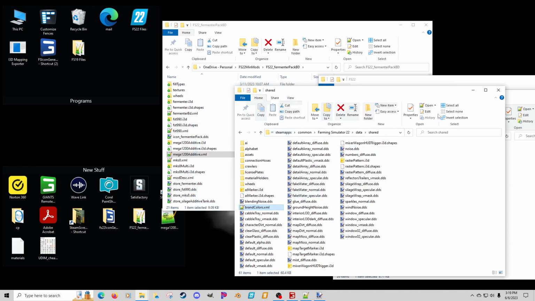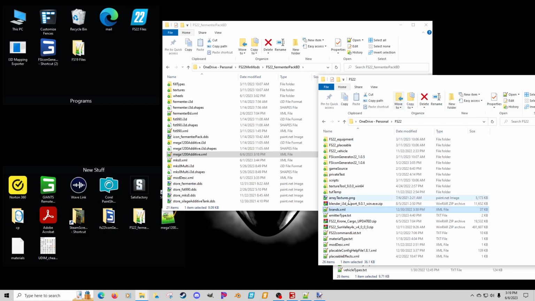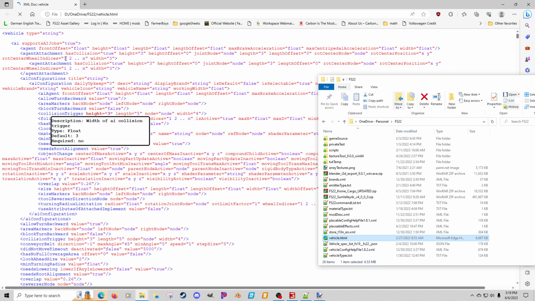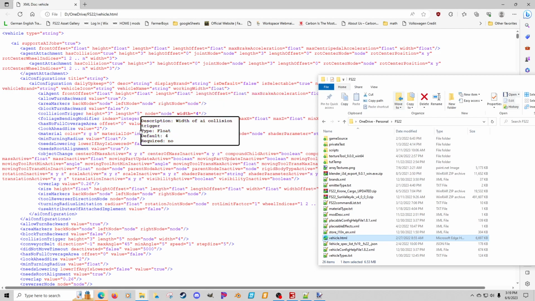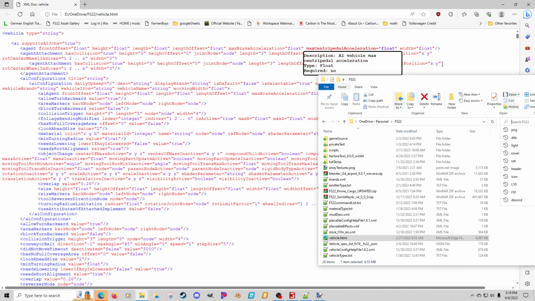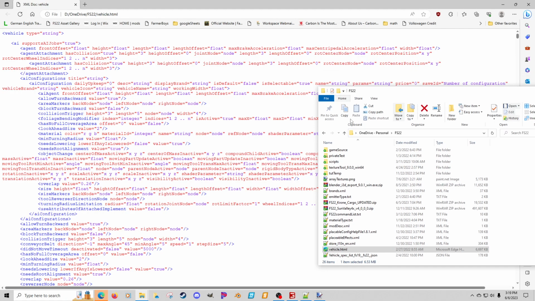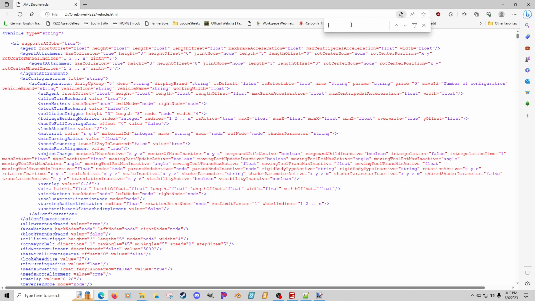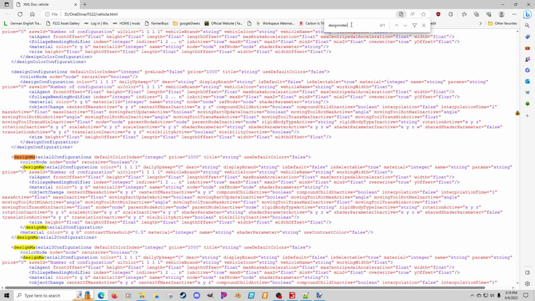So let me get rid of that. I actually have it down here. If you try to open this up in Notepad++, if anyone else has a good program for this, let me know, because I am not a fan of opening this up in a browser, but that's the only way to make it look correct. But if we hit Control F, I've got to get this screen out of the way. Control F usually works for about every program I know to search. If we do design material,